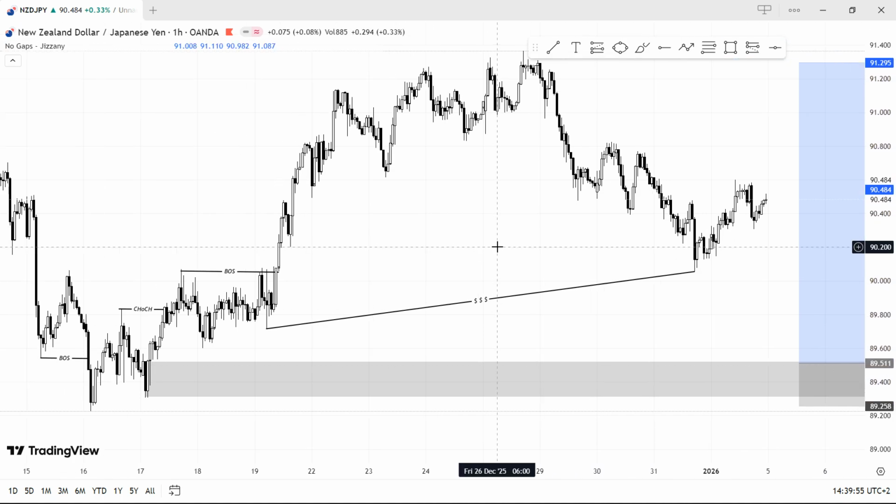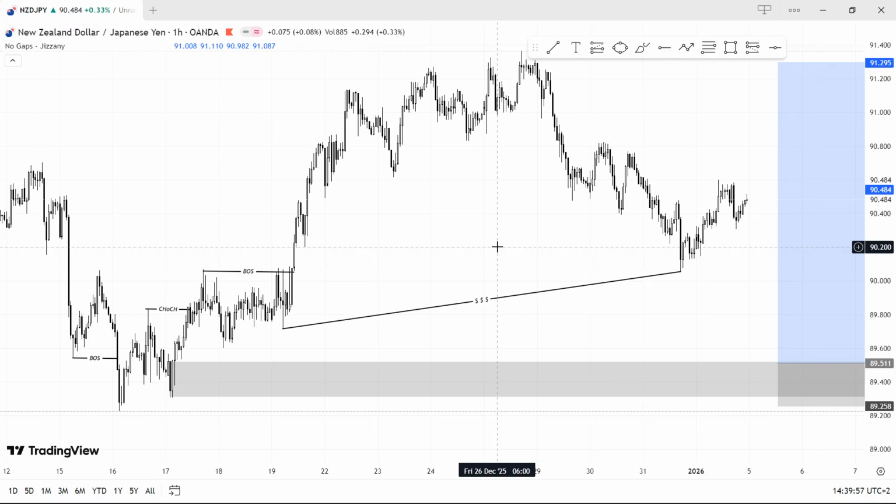So this is how we can apply our bullish entry model with